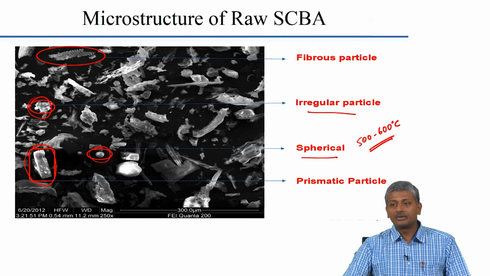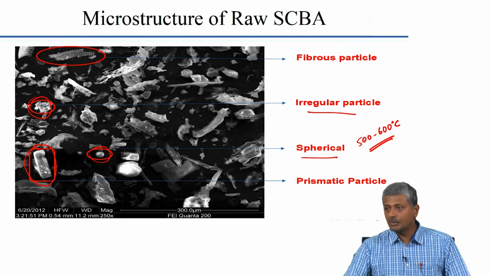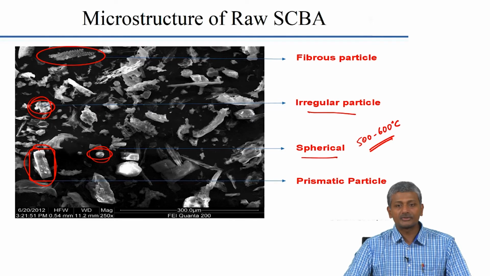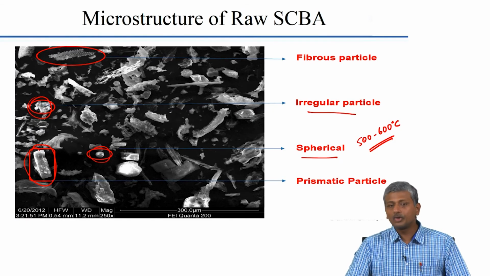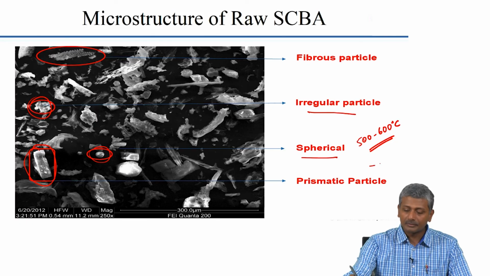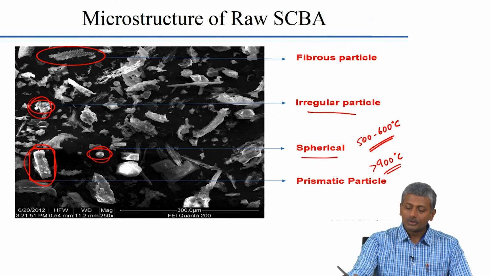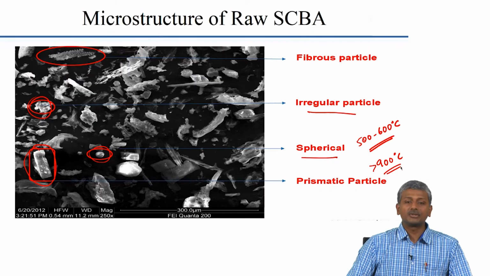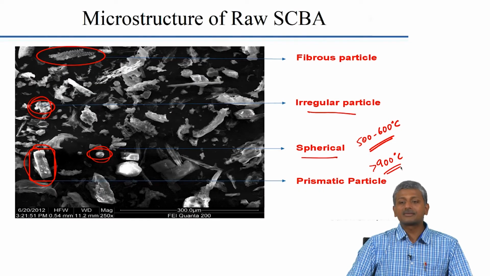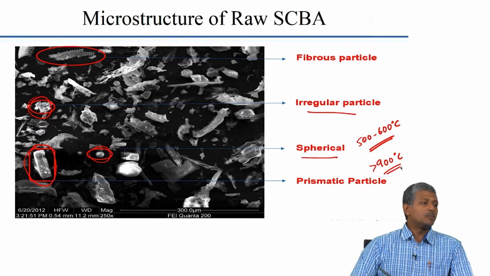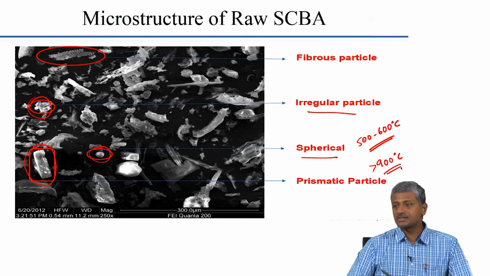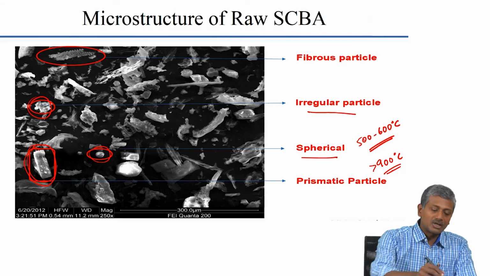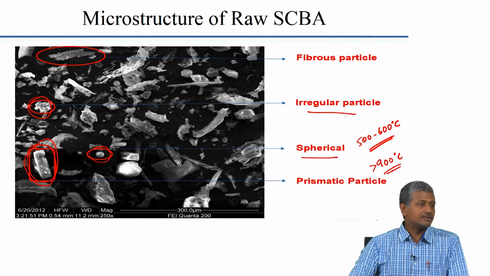Now, of course, you need a very strict control on the temperature to be able to ensure that you have exactly that range of temperatures. Very often, in certain parts of the boiler, you may end up having temperatures which are in excess of 900. So, what happens to silica when you increase the temperature beyond 900? Recrystallization may happen, right? To produce the amorphous material, we need some distinct range of temperatures. If you raise the temperature too high, you may end up getting more crystallinity back in the system, which results in a loss of your reactivity. So, when you go above 900 degrees Celsius, you start forming these prismatic materials which represent